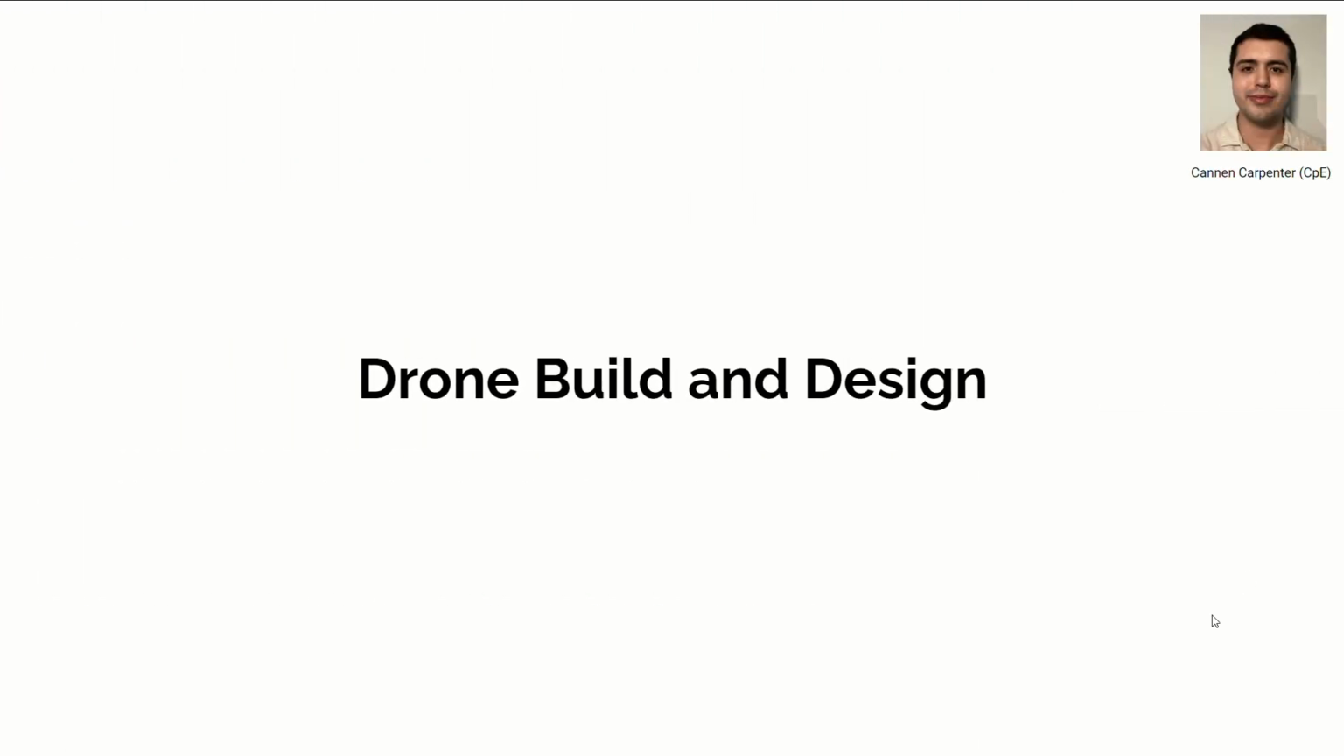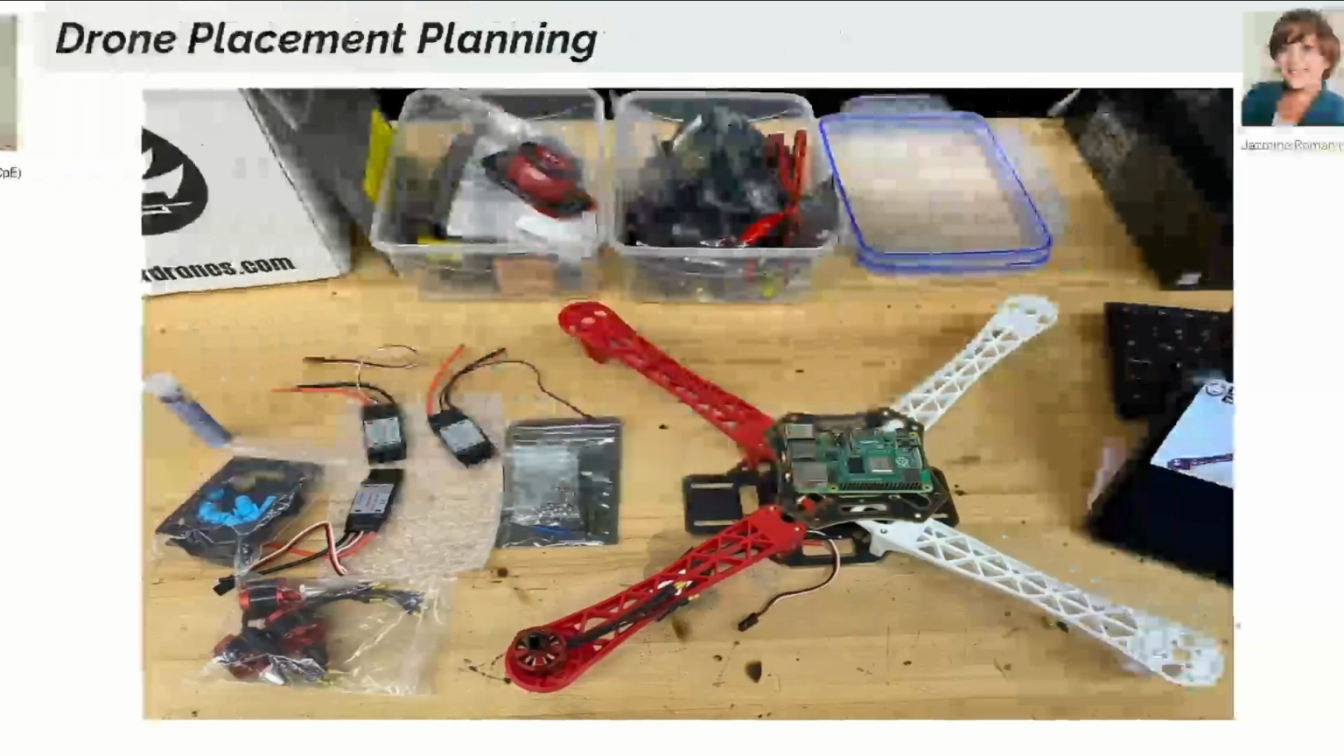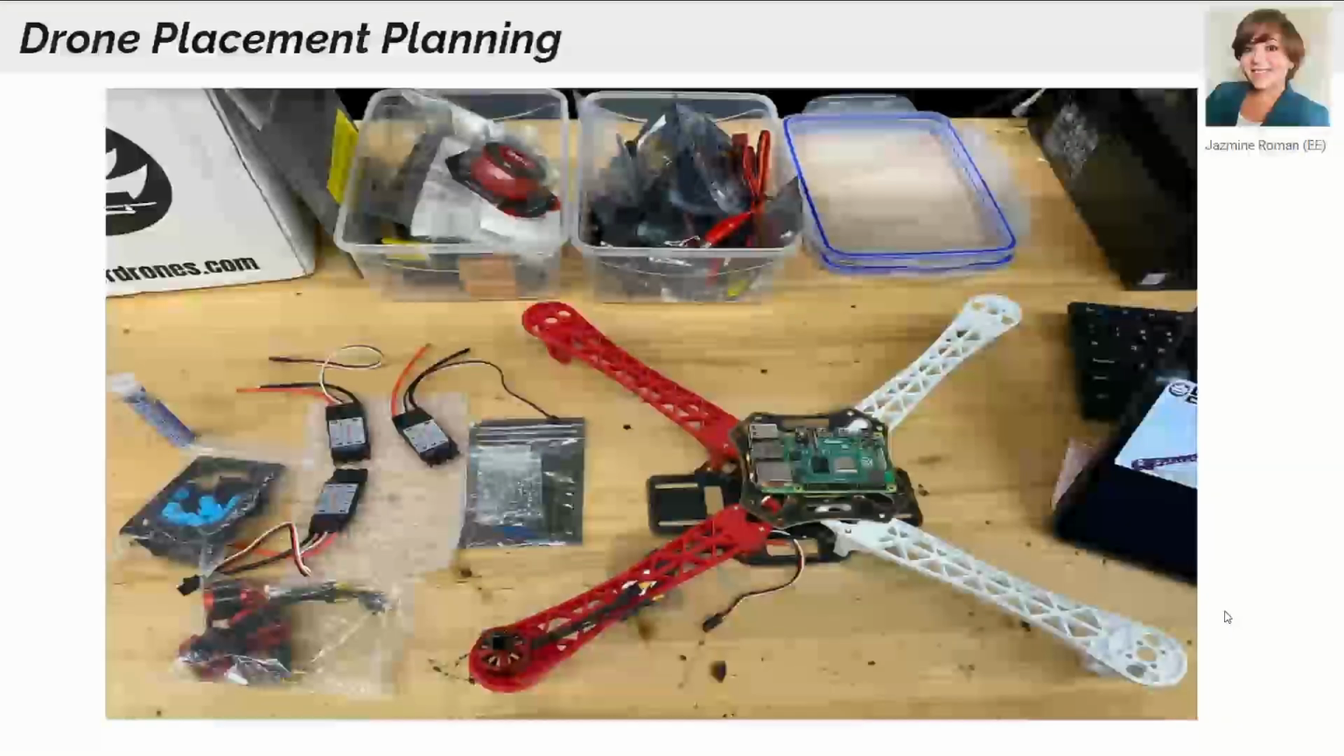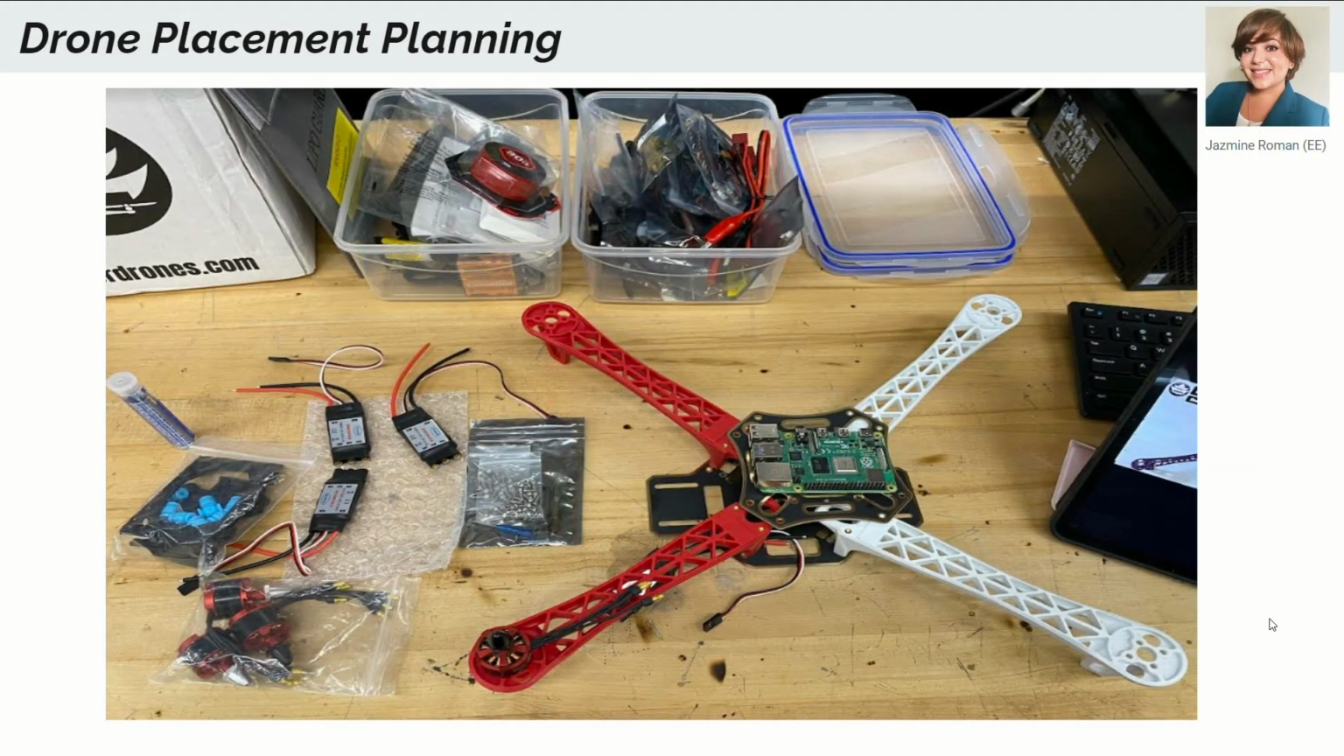The first specification we'd like to go into is the drone build and design. Before starting the build, I went ahead and placed each component without tying anything down to plan the placement of each item. The major items we see here are the bottom plate, the 4 legs, the top plate, and the Raspberry Pi. We also have the electric speed controllers that are placed underneath each leg, the motors that are placed on top at the